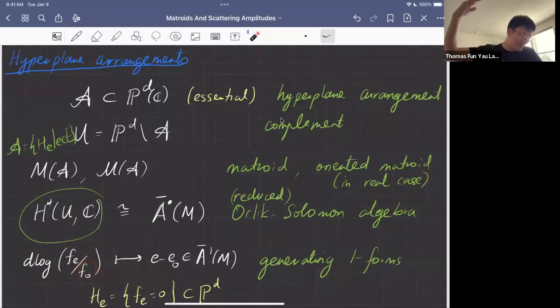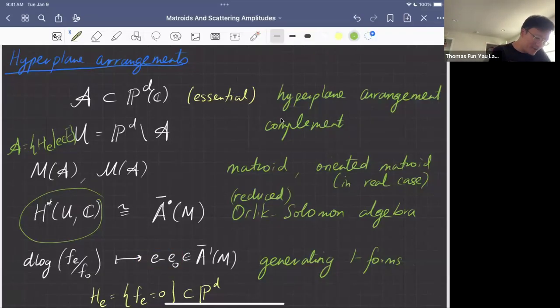So F0 is the sort of hyperplane at infinity. Each of the Fe's may not be a well-defined function, but Fe over F0 will be a well-defined rational function. And d log of these things will generate the cohomology, and they get sent to, this is my notation for something inside